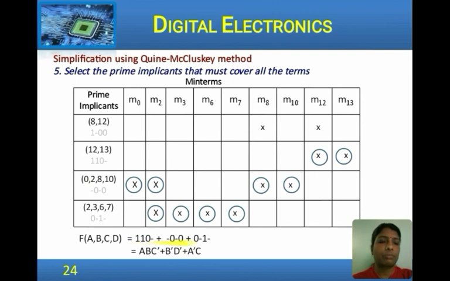So now list those prime implicants, 1 1 0 dash, plus dash 0 dash 0, and the third one is 0 dash 1 0. So we have 4 variables a, b, c, d. If the variable value is 1, write it as it is. If it is 0, write it with a prime. So we have a, b, c prime, and then here a is a dash, so b prime, c value is not there, then d prime. So b prime, d prime for the next, and the third product term is a prime, no b, c, so a prime, c. So this is the minimal sum of products that we have obtained using the Quine-McCluskey method.